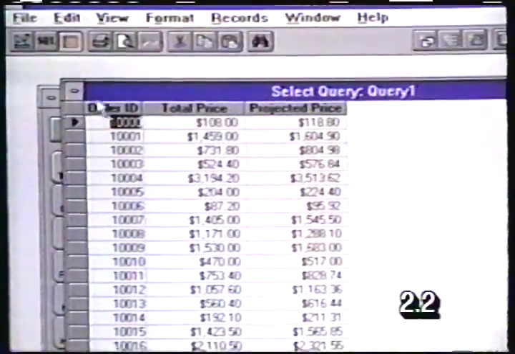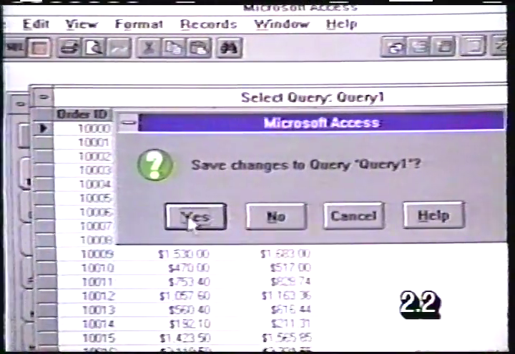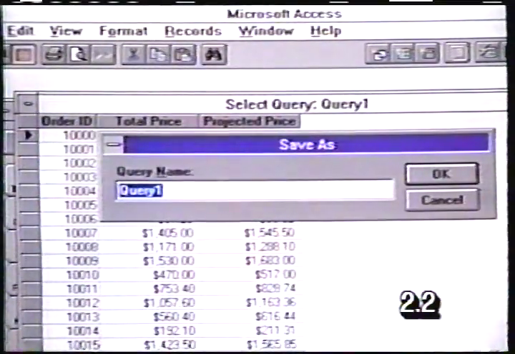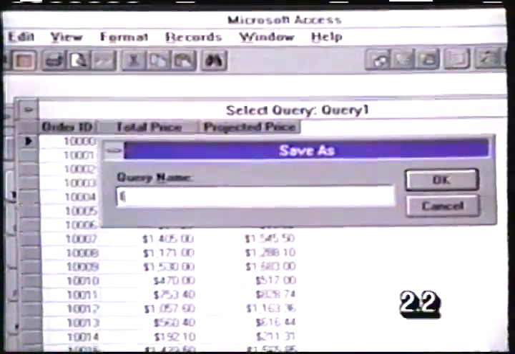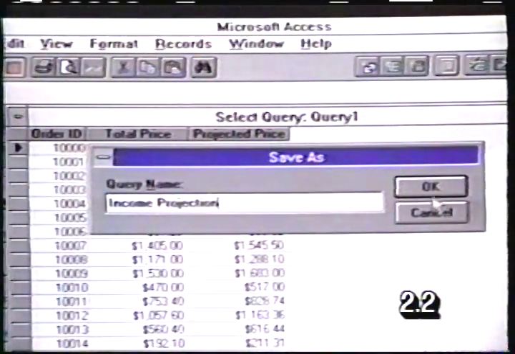I'm going to go ahead and save this query. I double-click to close it down. I say yes, and I'm going to call this income projection. I click on OK,